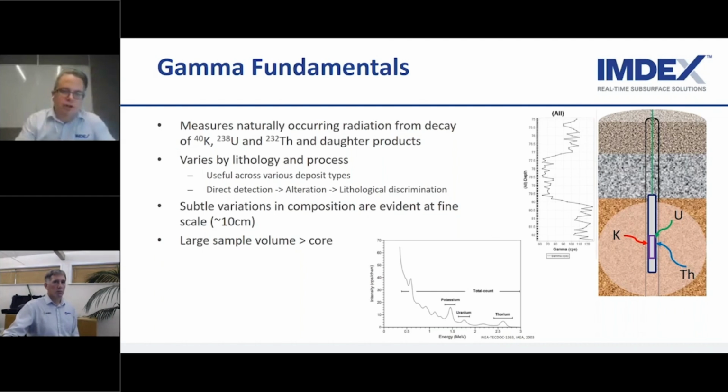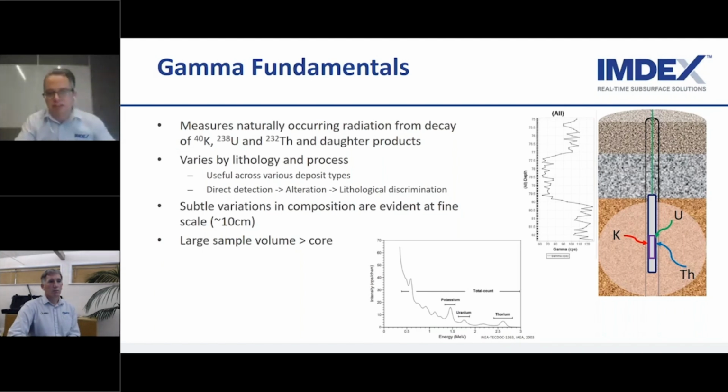Having it driller operable and usable in any scenario at a reduced cost allows us to broaden its use, where it's collected way more routinely,